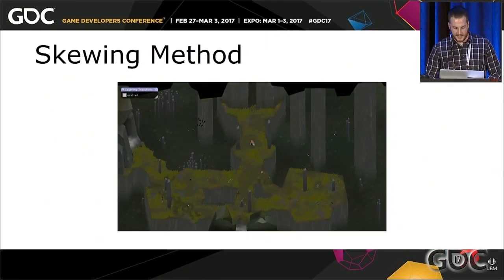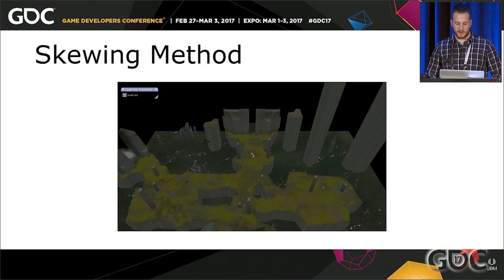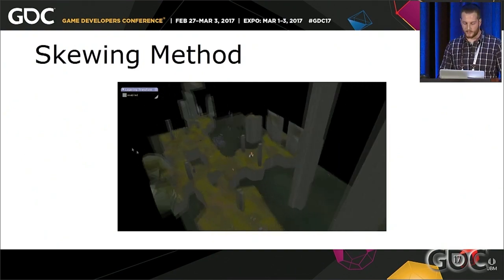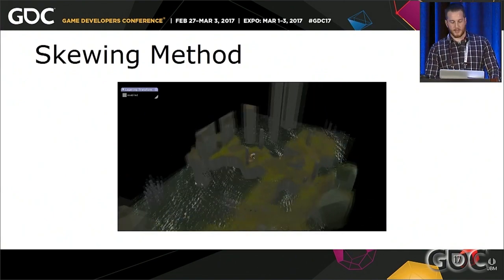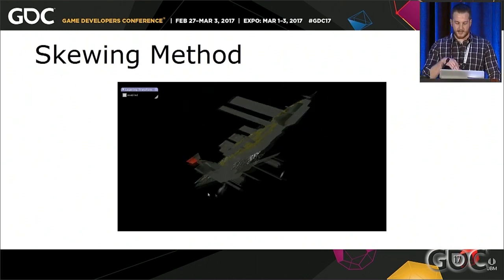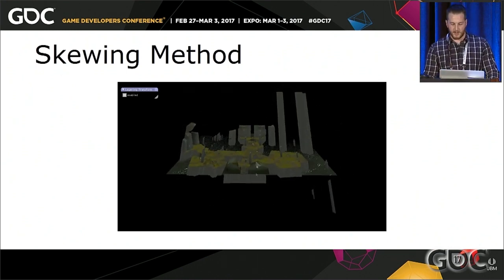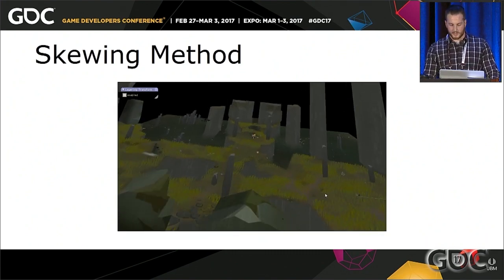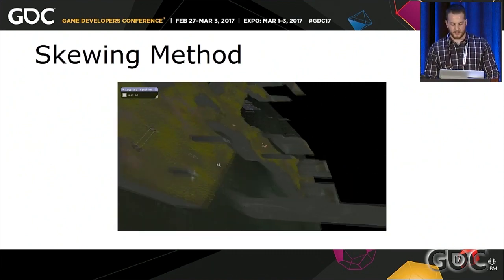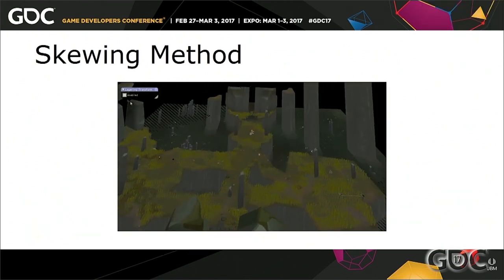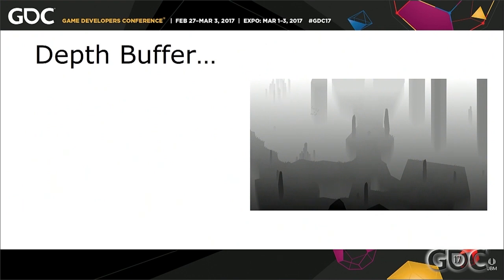And this is a demo of how it works. That was the regular game view. Now this is our 3D world view. This is what it looks like without any of the skewing. And then when we press the magic button to do the skew, you can see that it pushes it all towards the camera and aligns it in a way so that it works almost as if it was rendering towards the camera. But it allows us to create a depth buffer, which has all of the important information that we